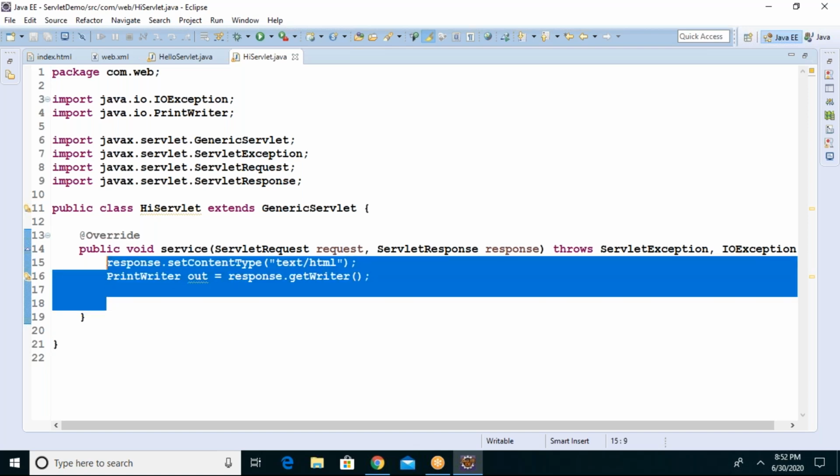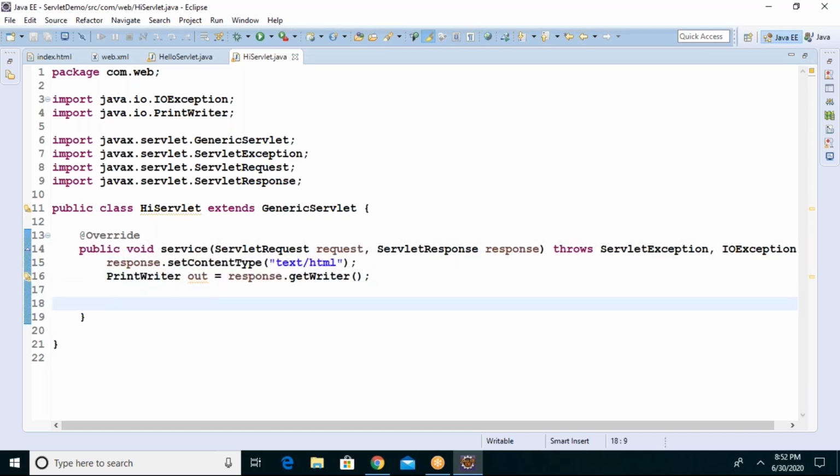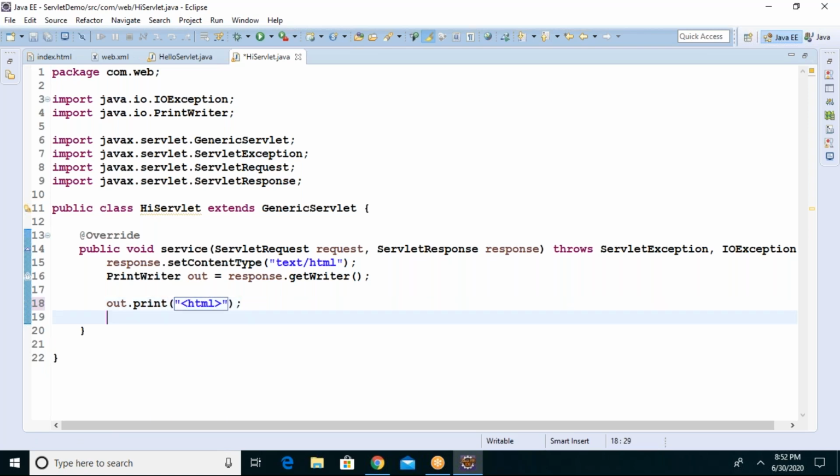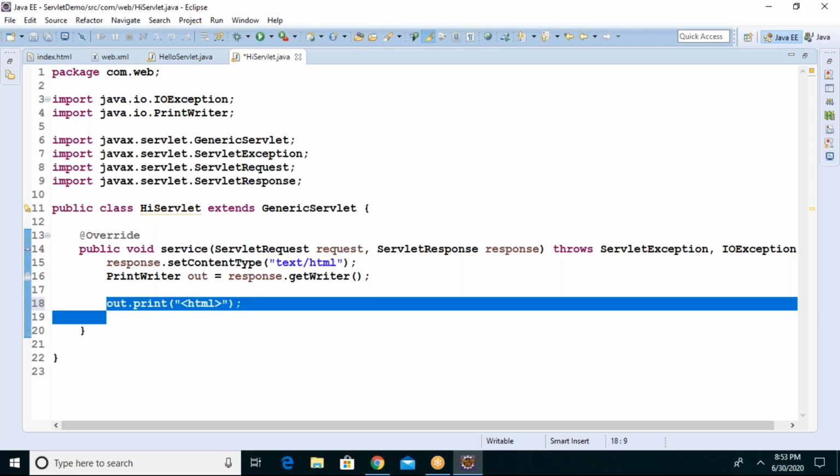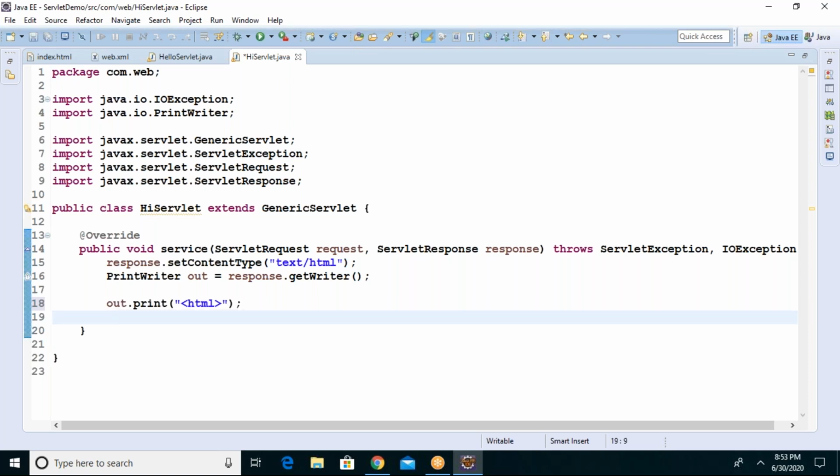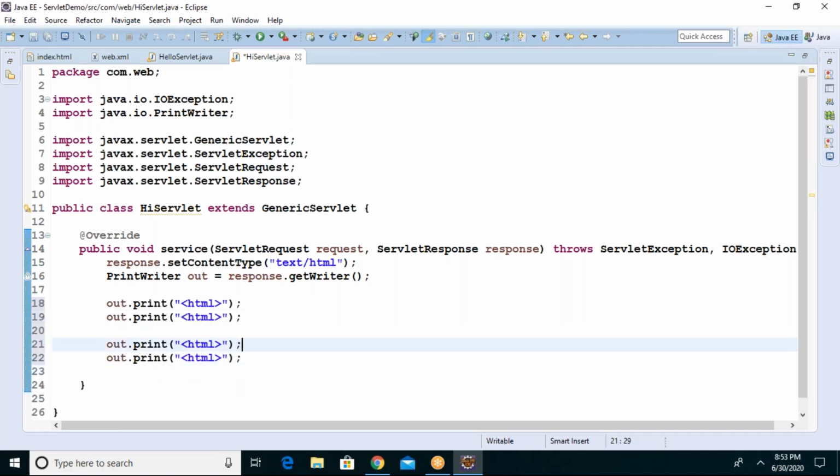So now you see I wrote this, out.println with HTML code. Okay, so copy, paste, or else let me do one thing.